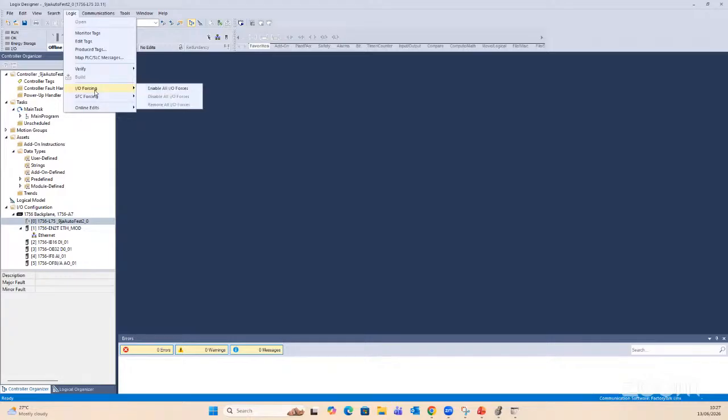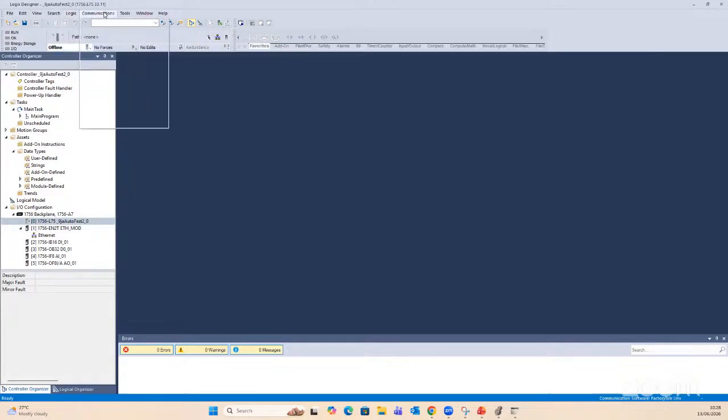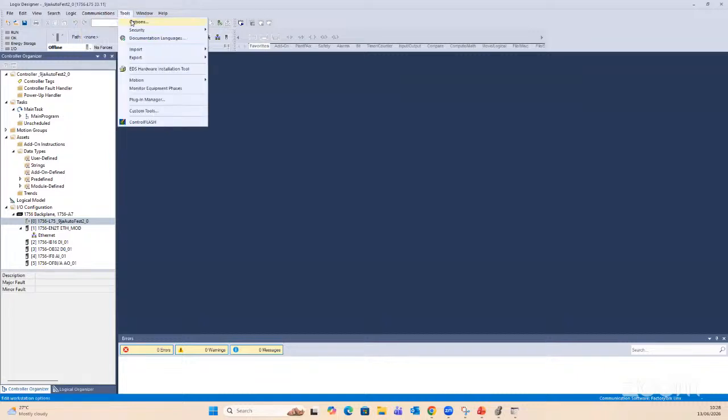You want to perform I/O forcing, SFC force. You want to perform an online edit. I think we'll get to online edits by the time we go online. So for communication, you have the RSWho Active, go online, set communication software, upload, download, all of that. The other tools,